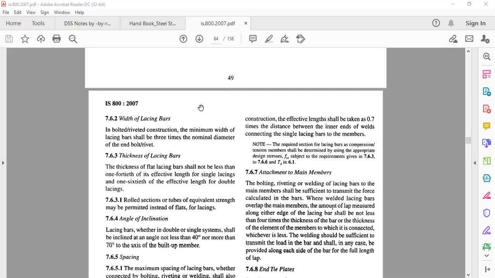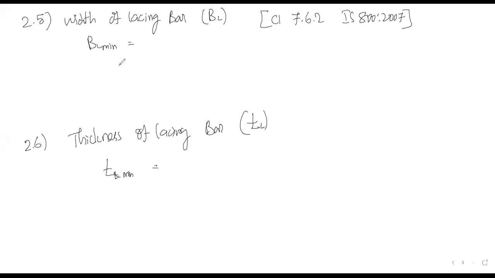Now we have been given a single lacing system, so 1 by 40 into LE we have to use. So 3 into D, 3 into 20 mm dia of bolt, so 60 mm is the BL value.